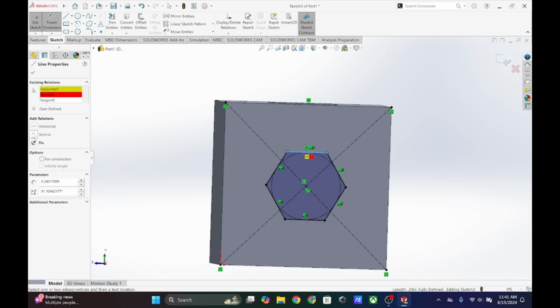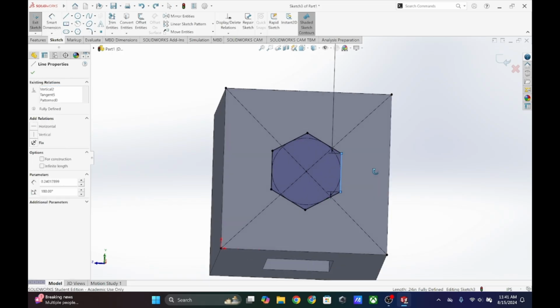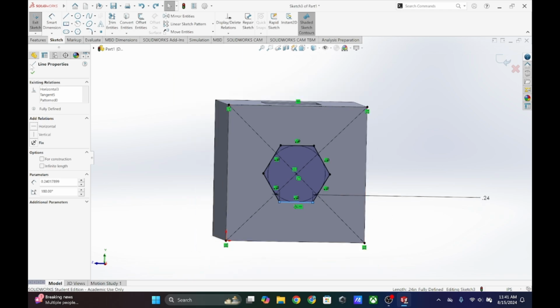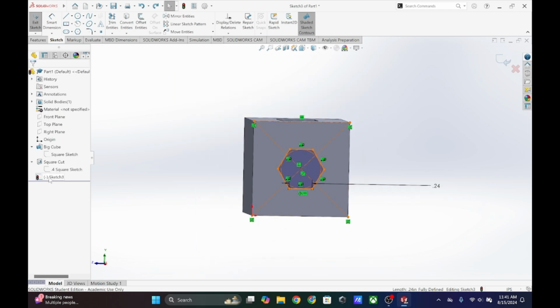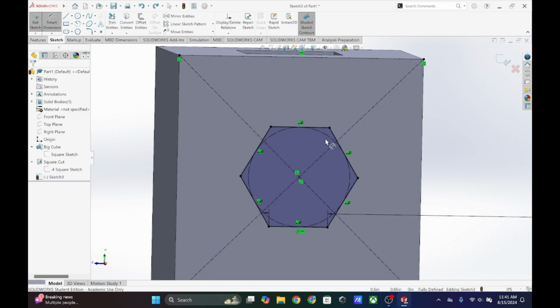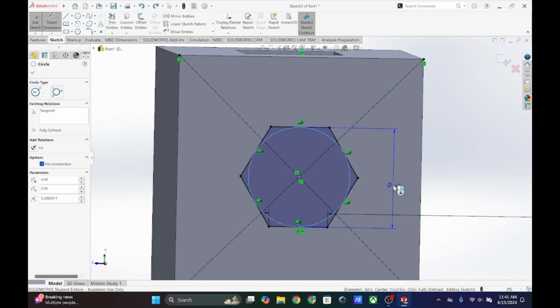If we were to set it to be vertical, let's go ahead and do that. Let's delete this relation and let's set it to be vertical. Now we see it rotates the opposite way. So depending on which orientation we want, we can have it be vertical or non-vertical. Right, still in the sketch. Now we can set the length of the inner circle. So let's set it to be,